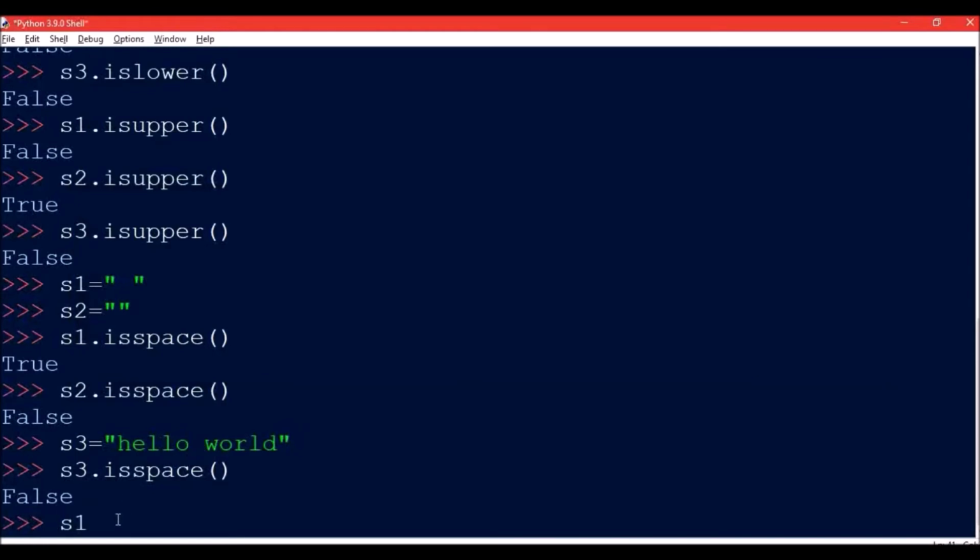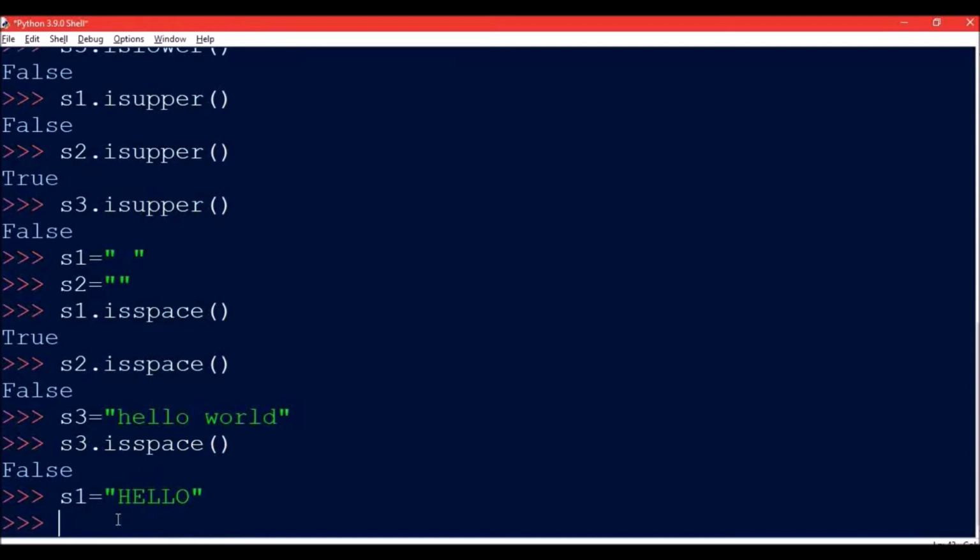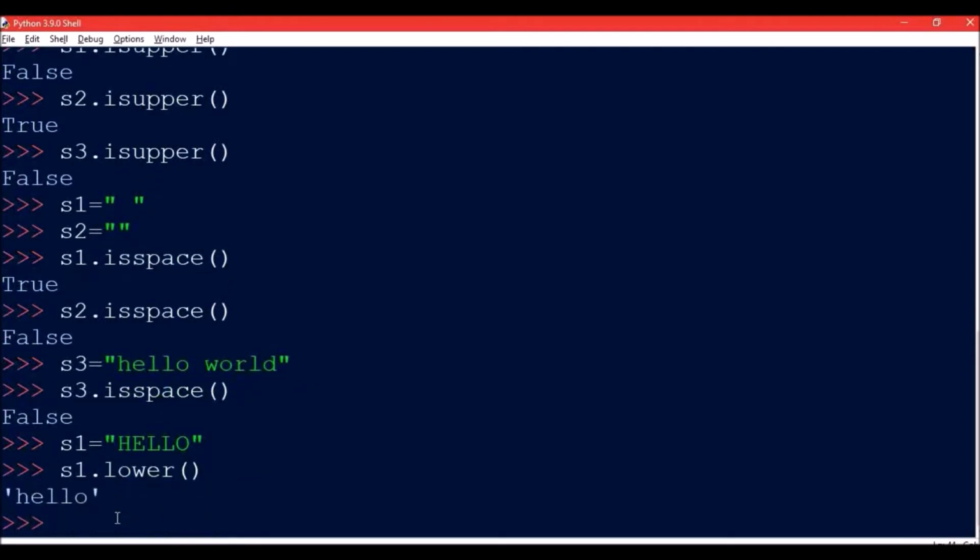If I write S1 is equal to, and all I write in capital, then I write S1.lower. Now in this case what will happen? The characters that are there in the capital will be converted into lowercase.